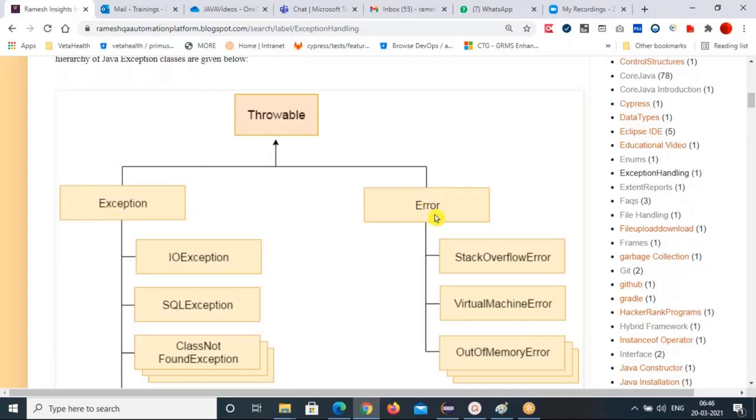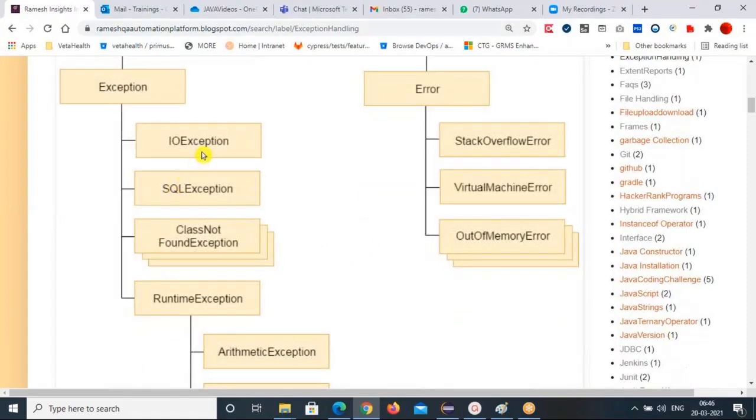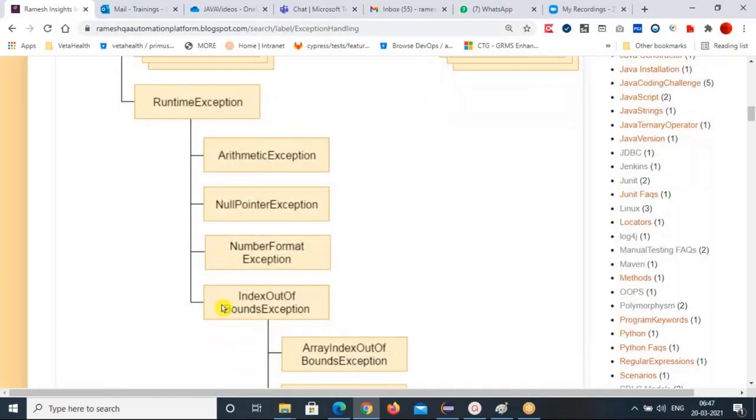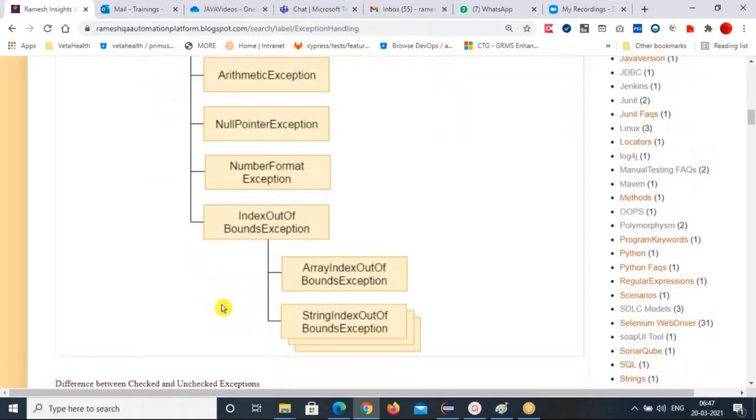In Exception, again, you have so many: IOException, SQLException, ClassNotFoundException, and RuntimeException. And RuntimeException is again categorized into a few more: ArithmeticException, NullPointerException, NumberFormatException, ArrayIndexOutOfBoundsException, and StringIndexOutOfBoundsException.